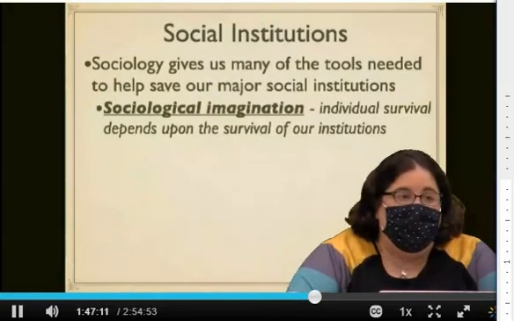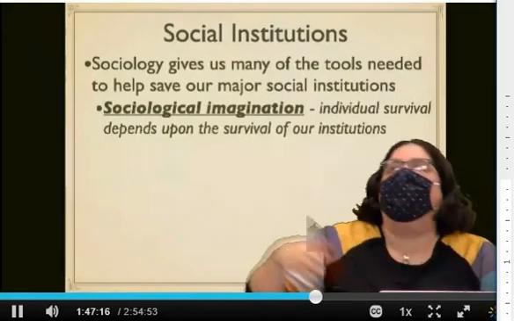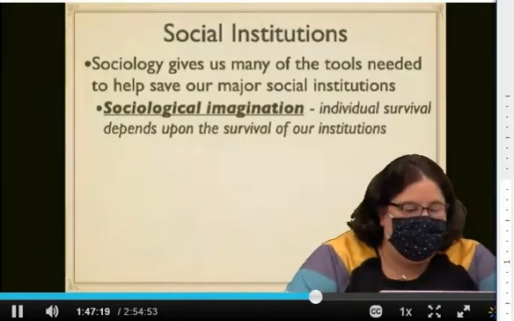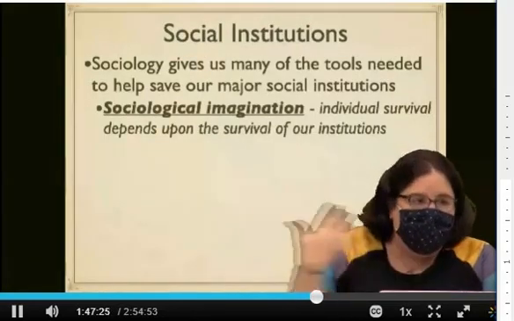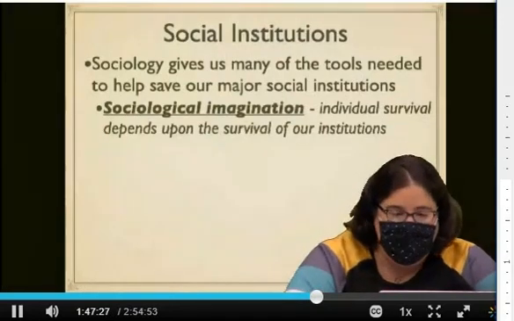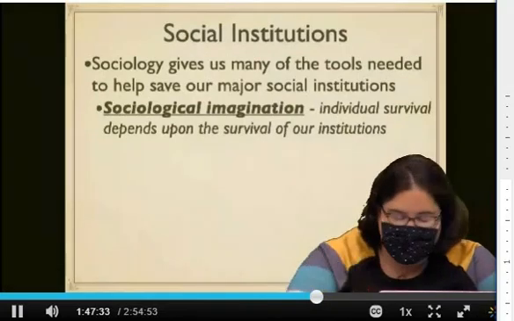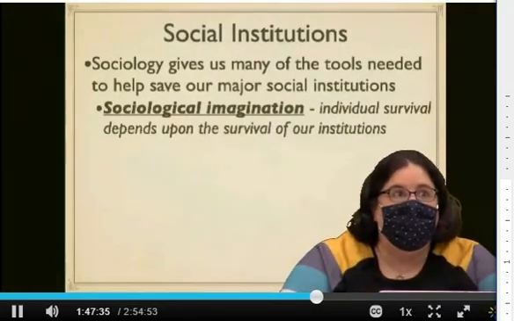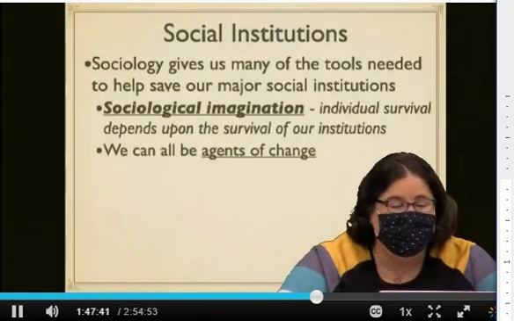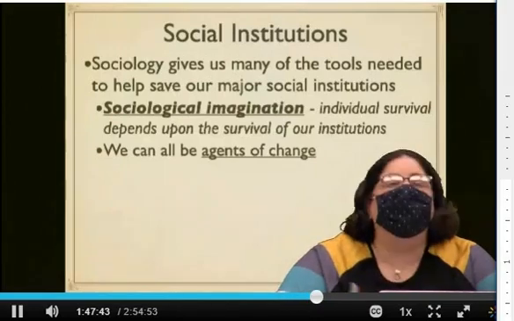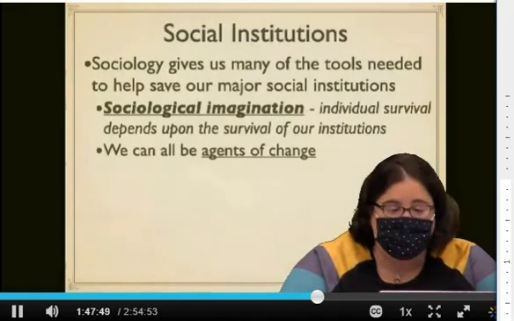None of us were raised with survival tactics in the wild. Maybe some of us with military training could last a little longer, but we all know that if there were an apocalypse, our strength comes from the fact that we are communities, that we protect each other. And so individual survival depends on the survival of institutions. The good news is, as individual members of society, we can all be agents of change. The last thing I'm going to talk about on the next slide is the idea of a social movement and how individuals can play a role in bringing about social change.